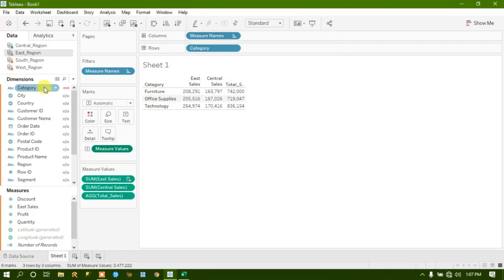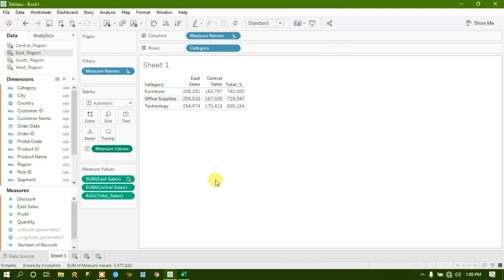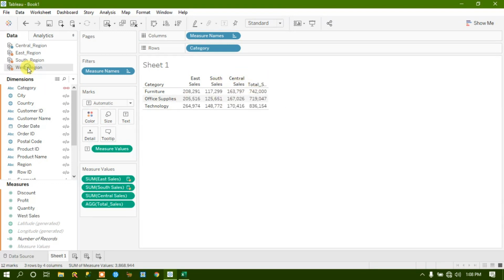As soon as we drag all the sales values from other regions, the values will automatically get inserted in this measure values, because we are using multiple measures, right? So I will just click on south, then drag it anywhere. It has picked the south sales here. Just click on west region sales, any of the here. What you can do, you can